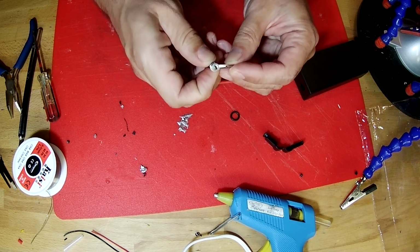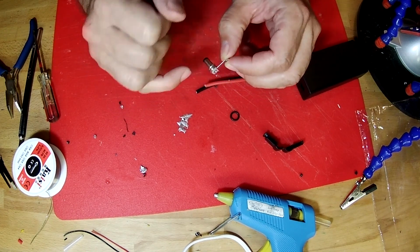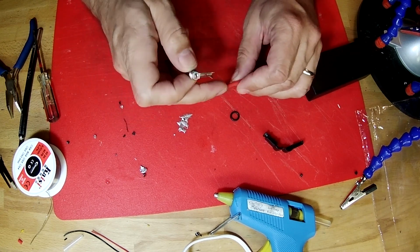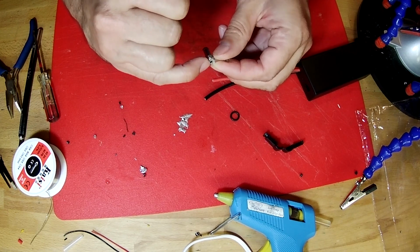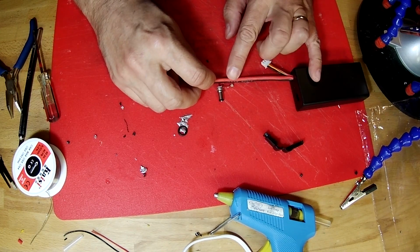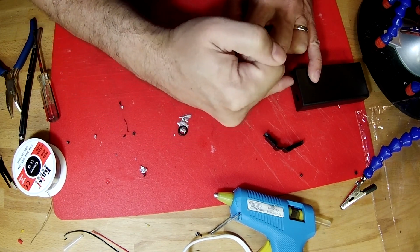This connector has two contacts in it. This one is attached to the barrel. That one goes to the black wire. And the white wire is going to attach to this little tab that sticks up, and that goes to the tip. We want to make these wires so that the center of the connector is 3 inches from the end